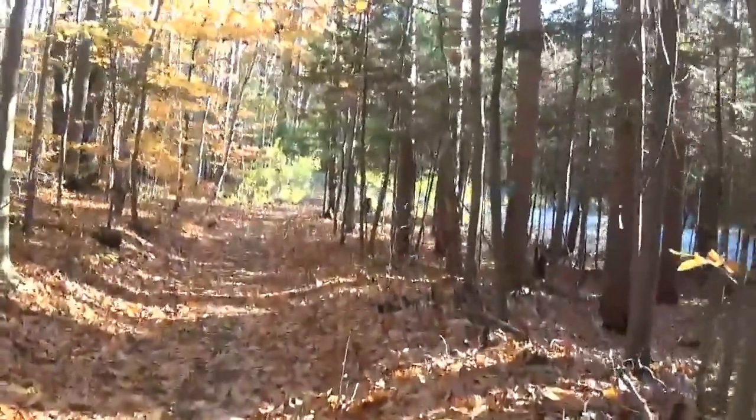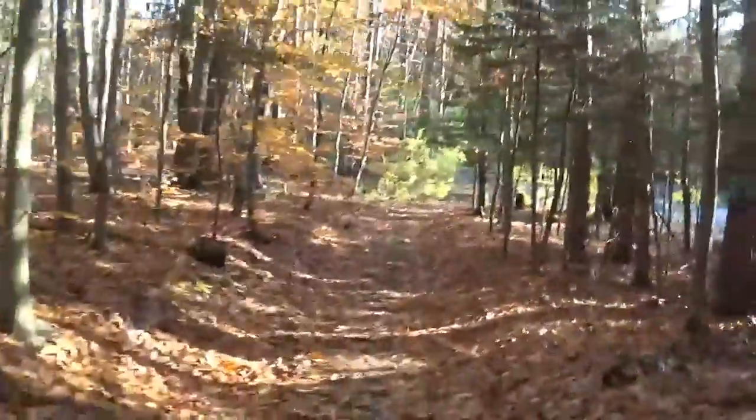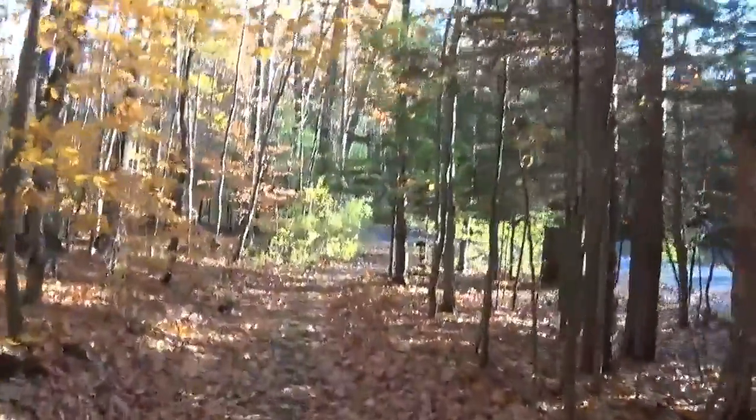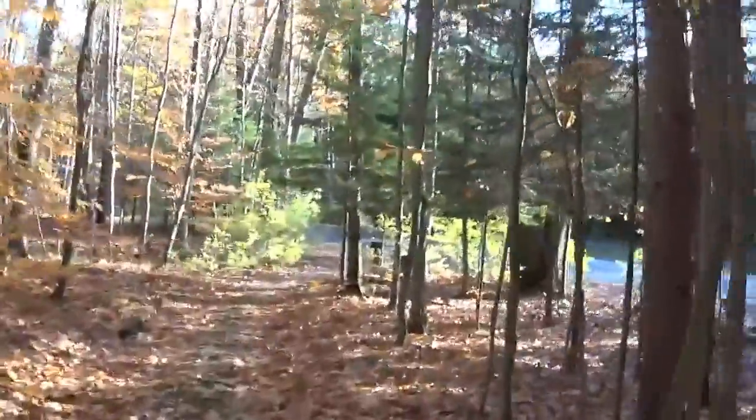Unless you need to come over to the camping loops or main park for some reason, you get to come to the main park. And this is where it comes out here, right on the main access road